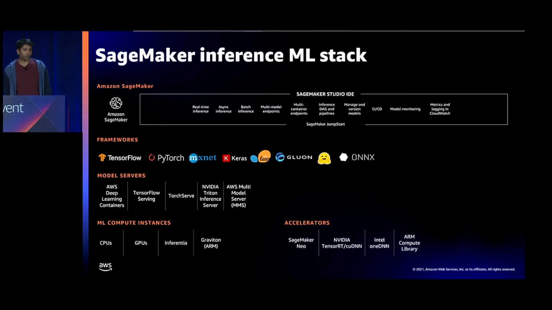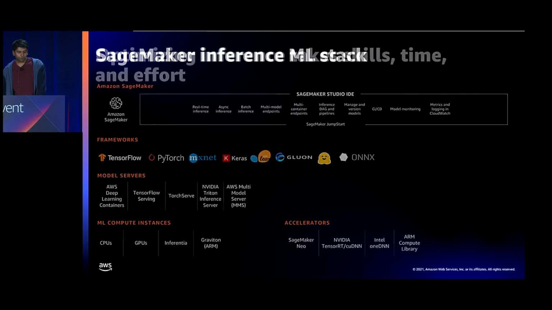As for software accelerators, many of the accelerators you find, such as NVIDIA TensorRT and Intel oneDNN, are hardware specific. SageMaker Neo is a SageMaker service that helps you automatically optimize your model regardless of your instance type and underlying hardware. It uses model compilation along with hardware-specific kernel libraries to accelerate your inference.